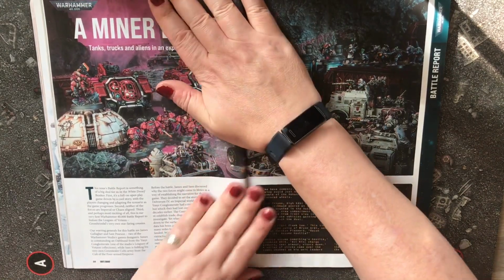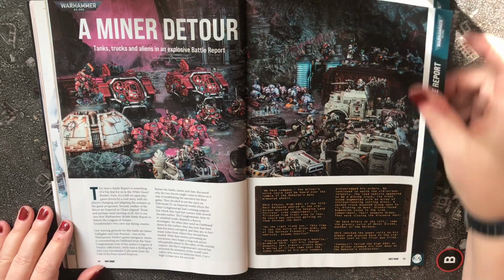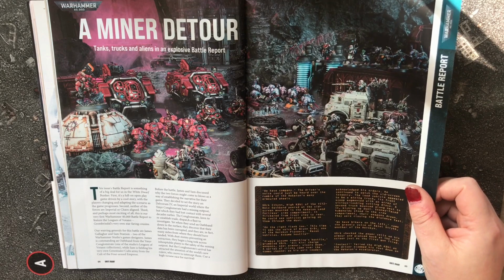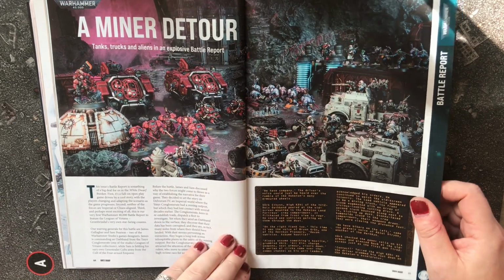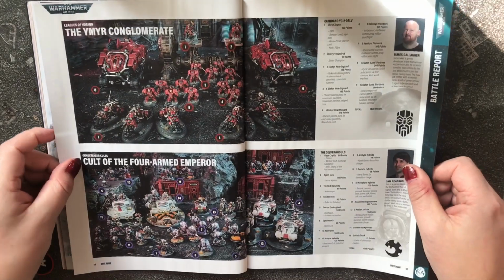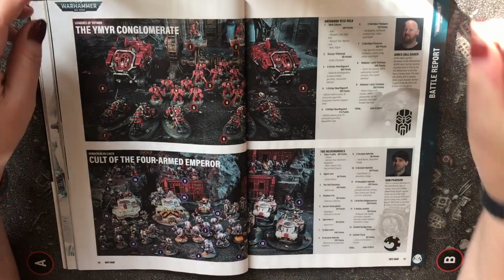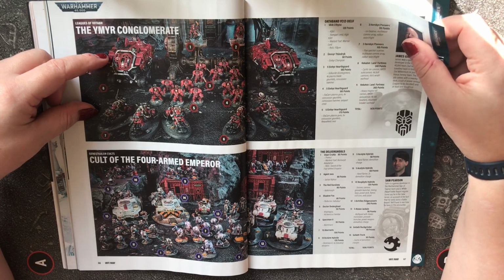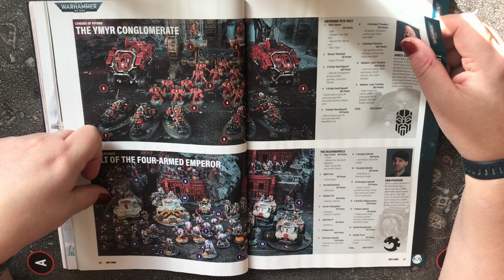A minor detour, tanks, trucks and aliens in an explosive battle report. So here we go, battle report for Votann or squats against Genestealer Cults. The army's laid out here. So this guy's sporting 2 Hekaton land fortresses. And this guy is sporting